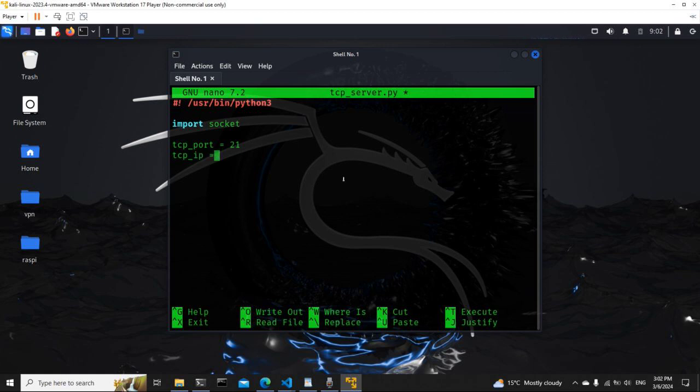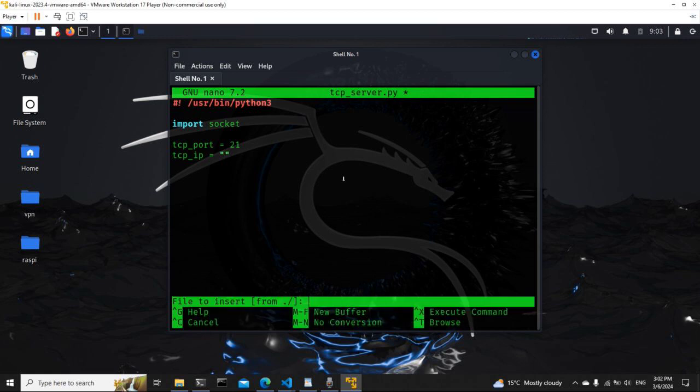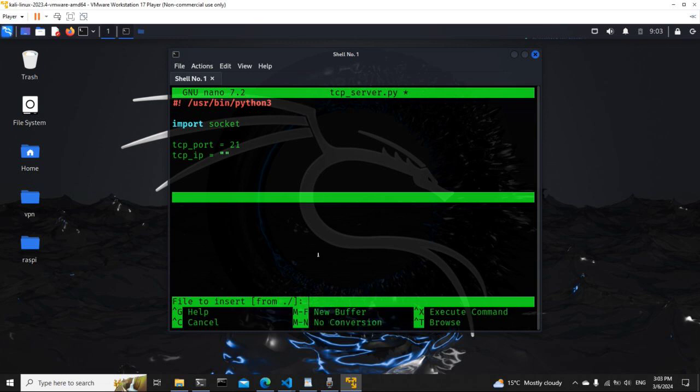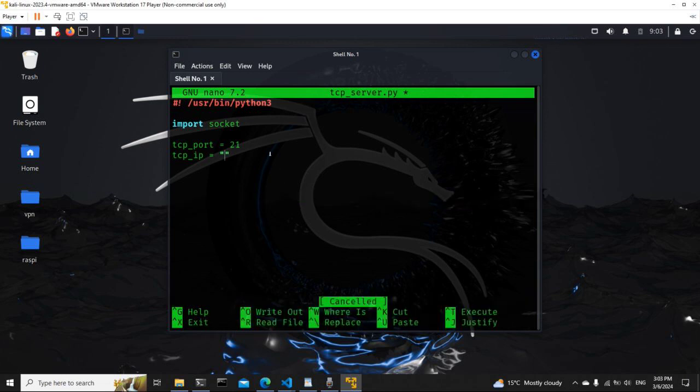In this situation, we'll be using the loopback IP address, and in this case it'll be 0.0.0.0,